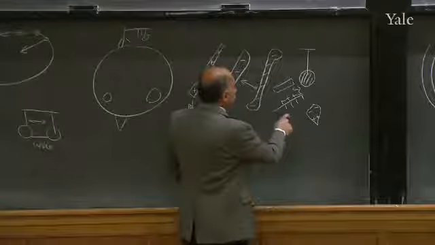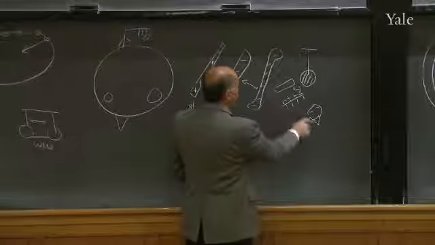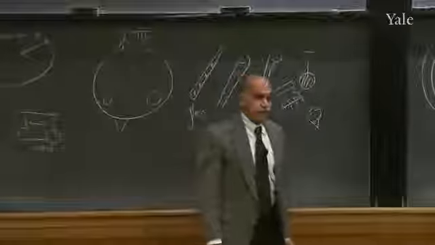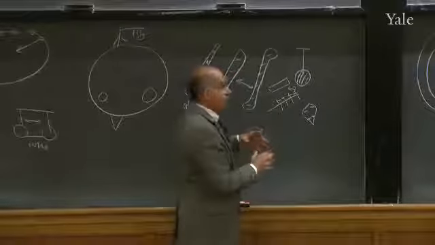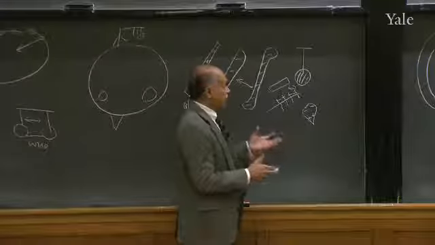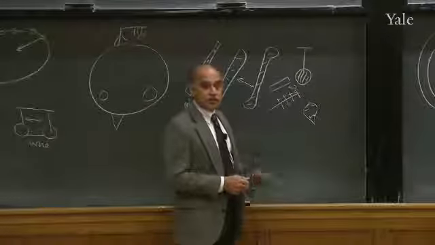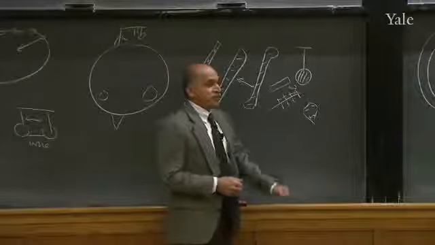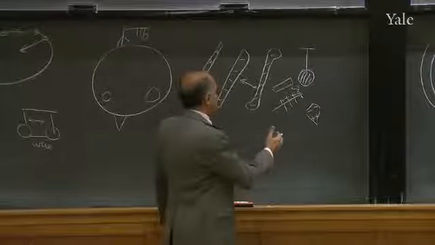Therefore, even though it's neutral, the attraction of plus for this minus is stronger than the repulsion of this plus with this plus. That's called polarization. So polarization is when charge separates. Some materials cannot be polarized, in which case, no matter how much you do this with a comb, it won't work. Some materials can be polarized. The piece of paper is an example of what can be polarized. We can understand that too.